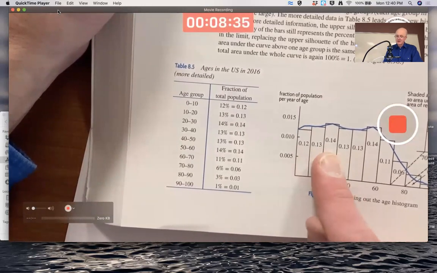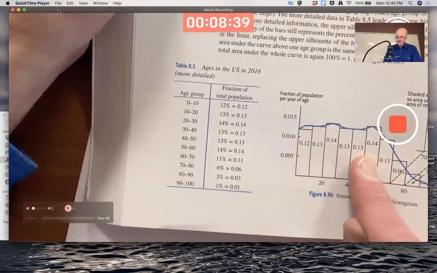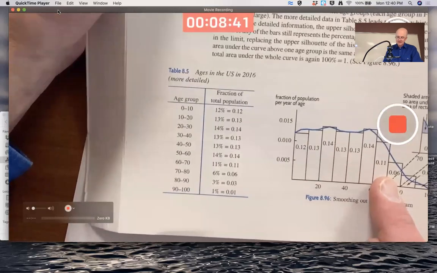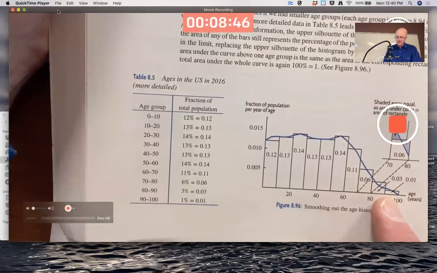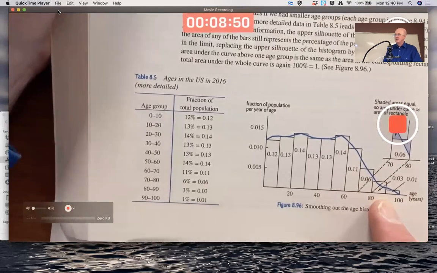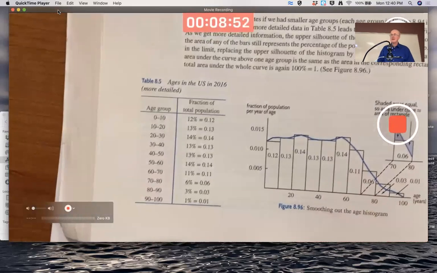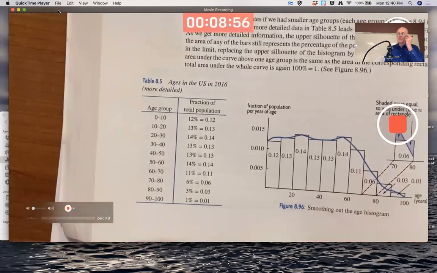These two areas sum to 0.27. They're not equal to each other. Same with these two. These two sum to 0.17. 17% was between 60 and 80, and these two sum to 0.04. 4% was greater than 80 years old. But you're seeing more detail in the histogram, a finer approximation, you might say, of what's going on in each